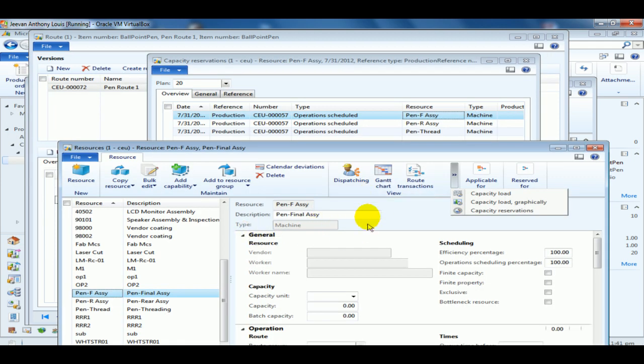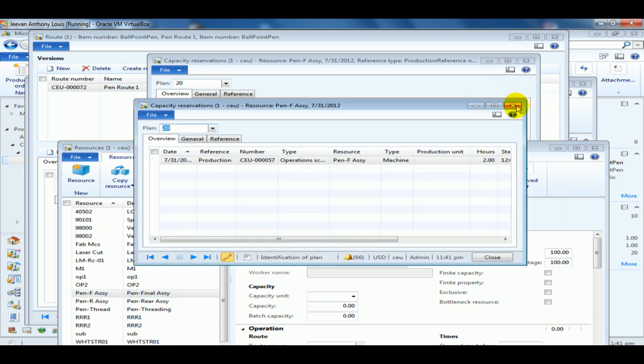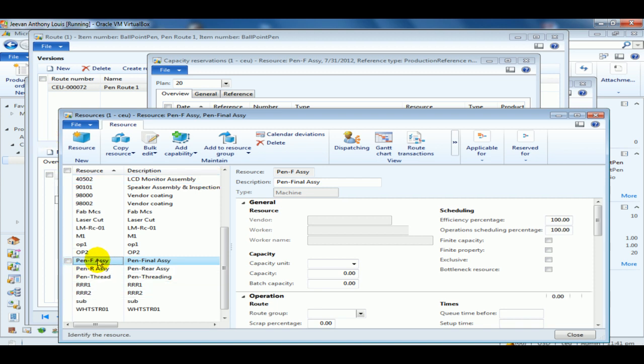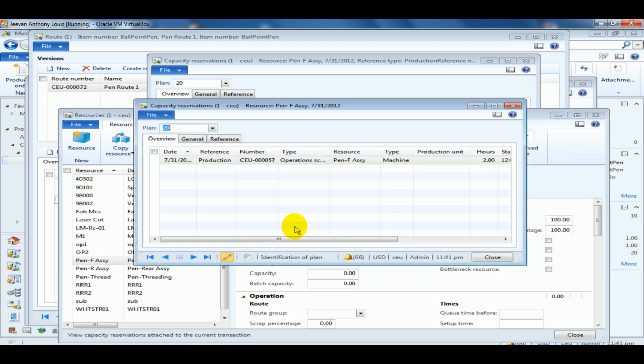Now on a particular selected resource, to look at the capacity reservations, we select the resource in the resources form, and we go to the capacity reservations. In the capacity reservation, you will notice that 2 hours is being reserved